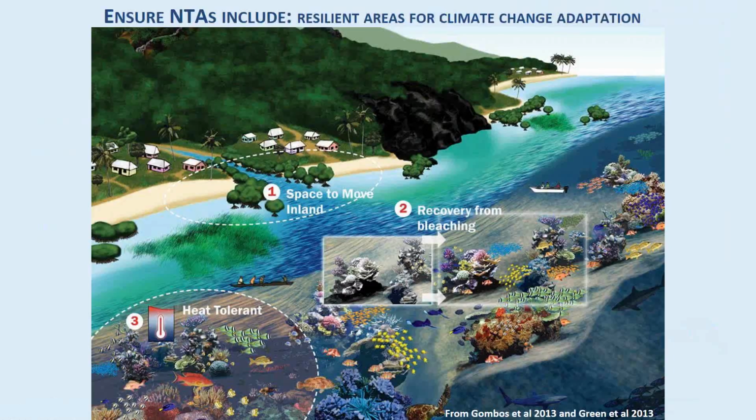The other thing we need to do is to make sure no-take areas include areas that are most likely to be resilient to the threat of climate change. So we know that climate change is going to have profound effects on our ecosystems, and we just need to think about which are the areas that are most likely to survive to protect. For example, here you might have coastal systems such as mangroves or turtle nesting areas, and you need to protect examples of those that have somewhere to move up as the sea levels rise.